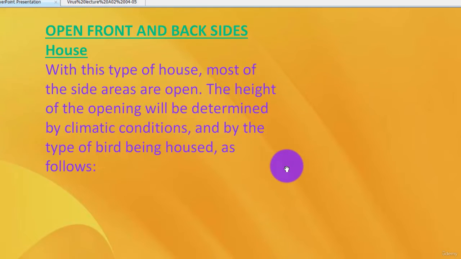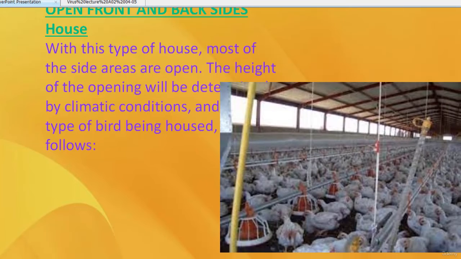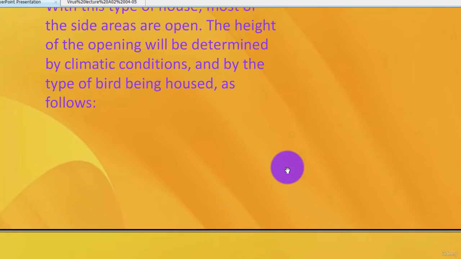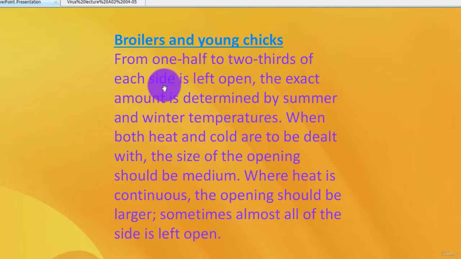Open front and back sides. With this type of house, most of the side areas are open. The size of the opening will be determined by climatic conditions and by the type of bird being housed. For starters, broilers, and young chicks, from one half to two thirds of each side is left open. The exact amount is determined by